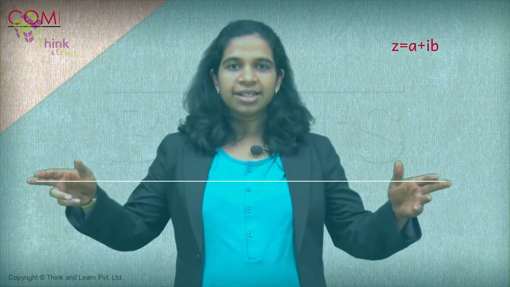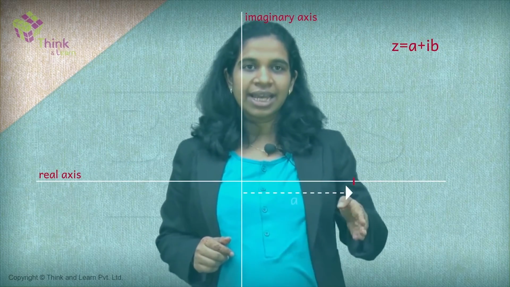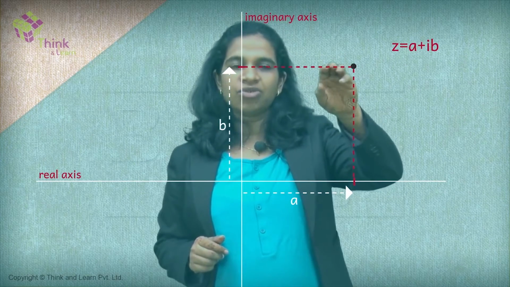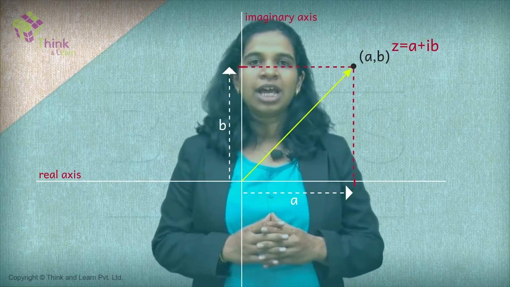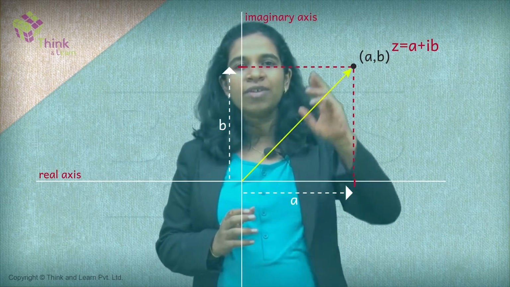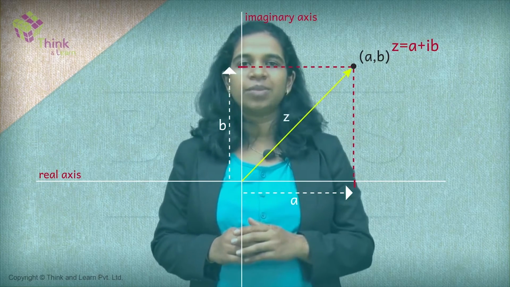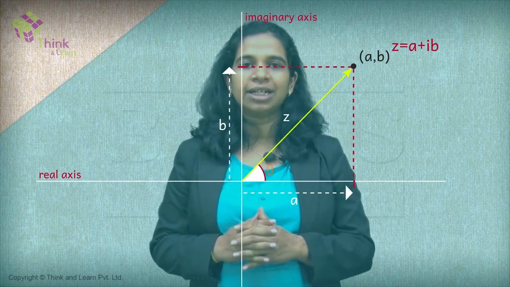Let's say we have the regular complex number a plus ib. Let's say this is the real axis, this is the imaginary axis. So you'll take a units on your real axis, b along the imaginary, right? And this will be your point, a plus ib. Remember, you'll draw the line also. Whenever you draw a complex number, always plot the point and draw the line to the origin, because the length of the line will be nothing but your modulus, and this angle will be your argument, angle theta.